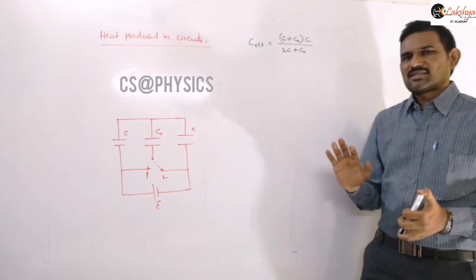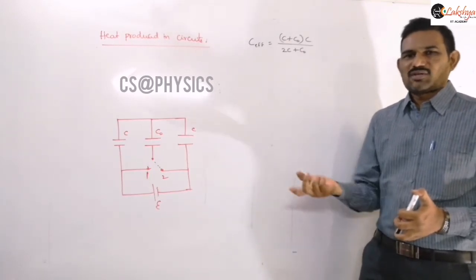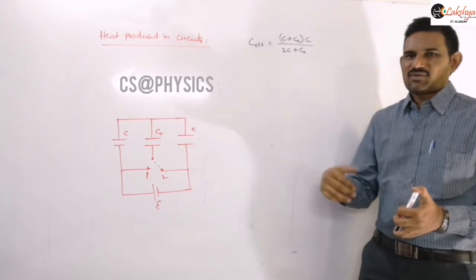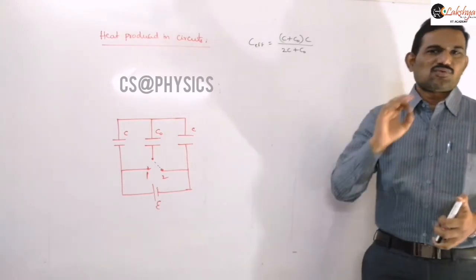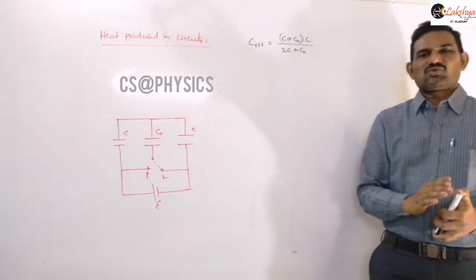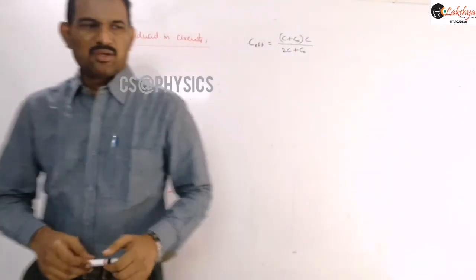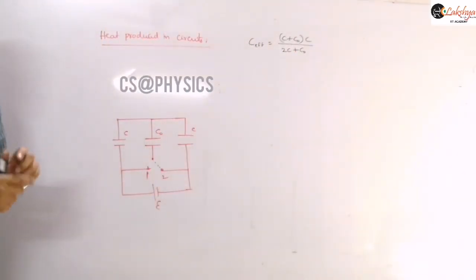As the capacitance is the same, you can clearly say that half C effective into V square is the initial energy and half C effective into E square is the final energy. So there is no change in the initial energy or final energy stored in the system. I am saying about the system, the total energy of those three capacitors. So then we just need to calculate this work done value here.